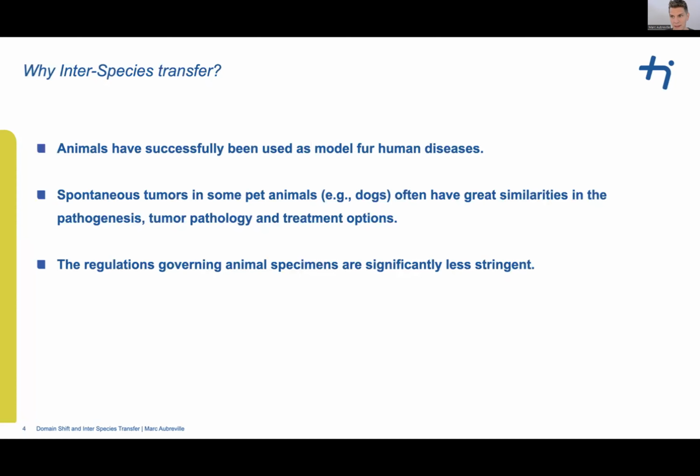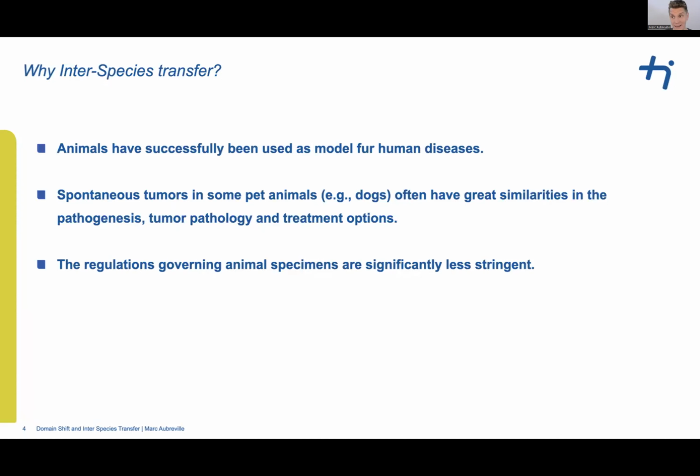So of course, it's, I think, known to everyone that animals have successfully been used as models for human diseases. Also, animals do have spontaneous tumors, not specifically induced tumors. And we find this, of course, also in pet animals where it's being treated regularly. We also find great similarities in the pathogenesis, in the tumor pathology, and in the treatment options of those. So it makes a lot of sense to join forces with the veterinarians that are working